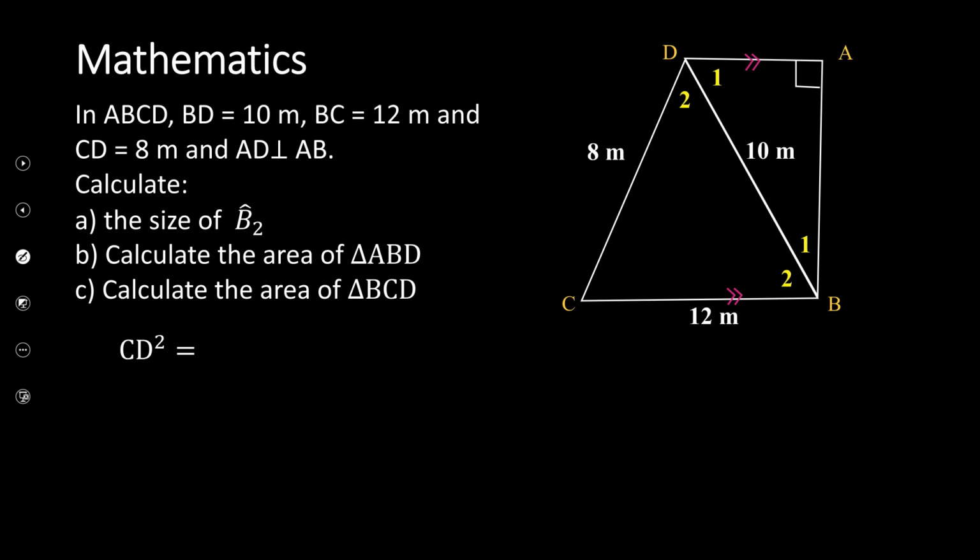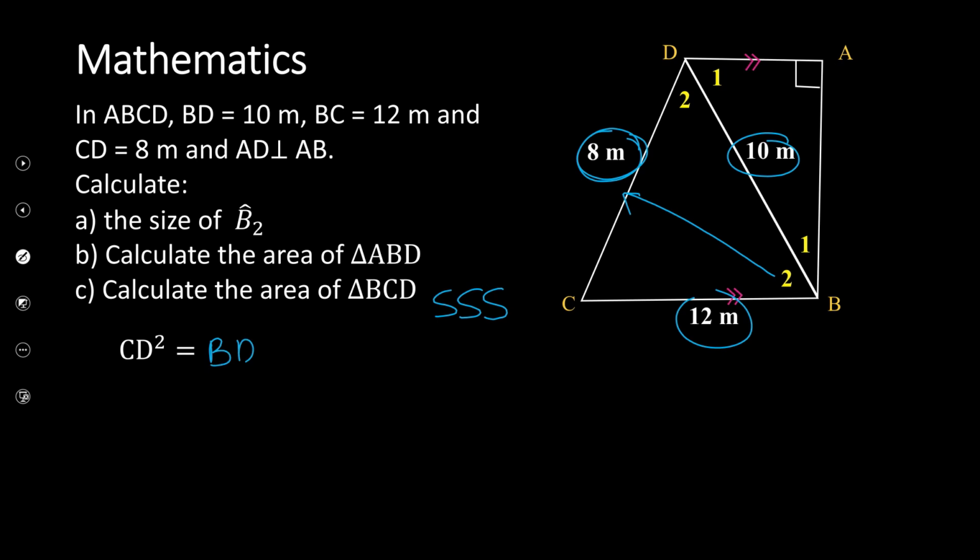Okay, our next example, we have A, B, C, D, and they've given us 12, 8, and 10 as the lengths of the 3 sides of that triangle. They want us to calculate the size of B2. So how are we going to calculate the size of B2? Remember, because we've got side, side, side in that triangle, we're going to have to use the cos rule. Because we want to find B2, we begin with the side across B2, which is CD squared. So CD squared will equal, and now we use the other 2 sides of this triangle,